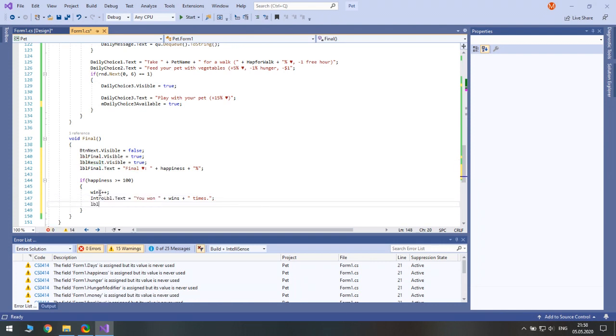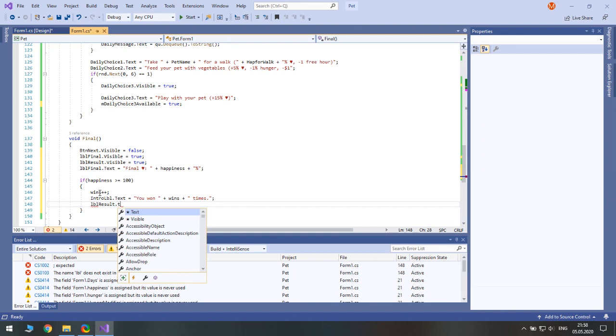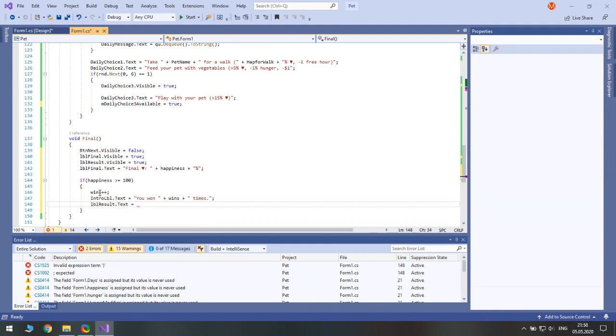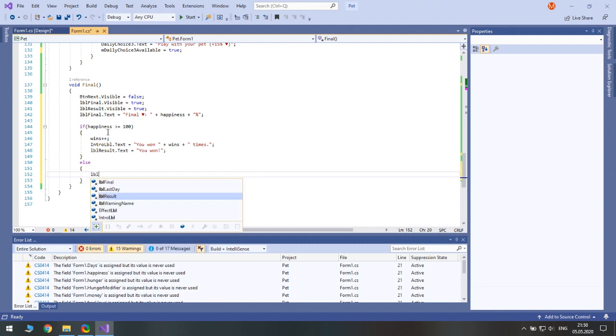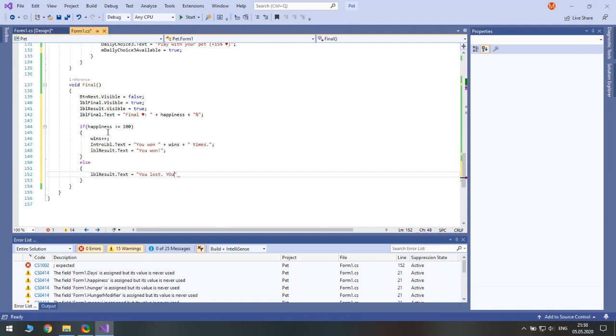So label result text equals to you won. Yeah. But if it is not greater or equal to 100, so else, we set label result text to you lost. Your pet is sad.